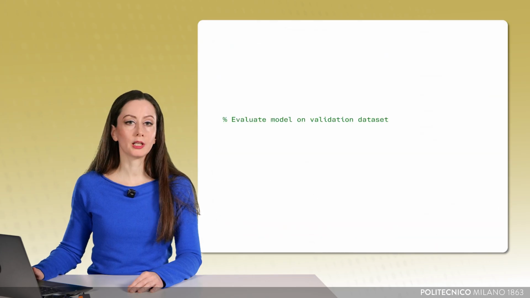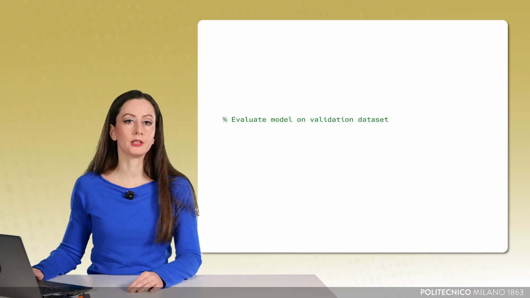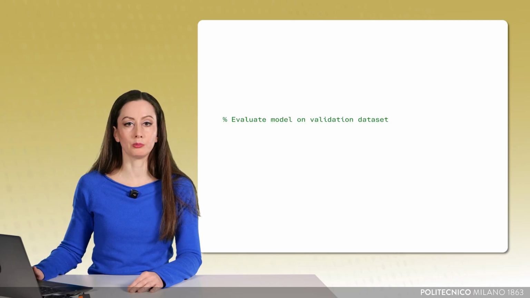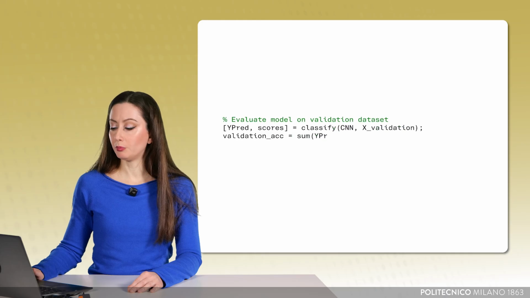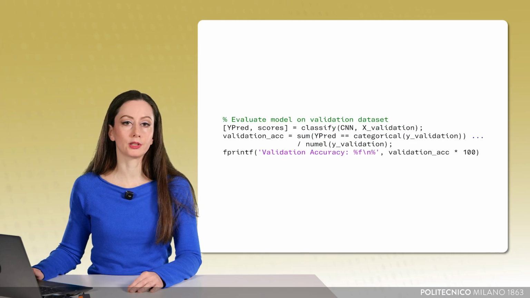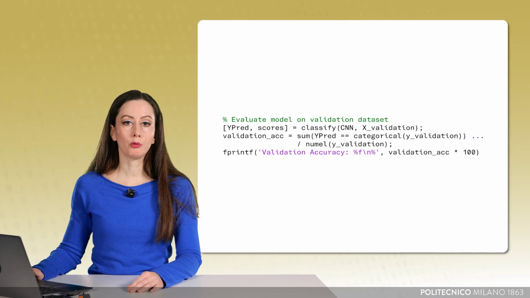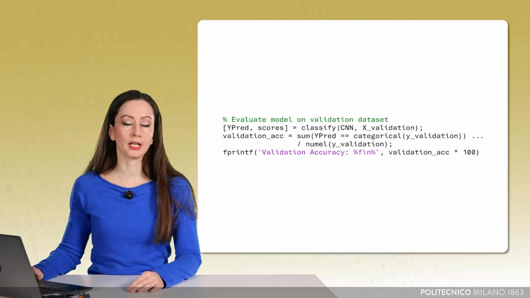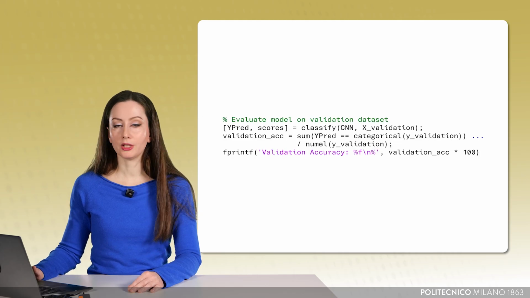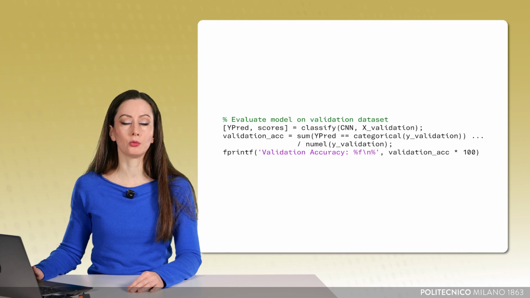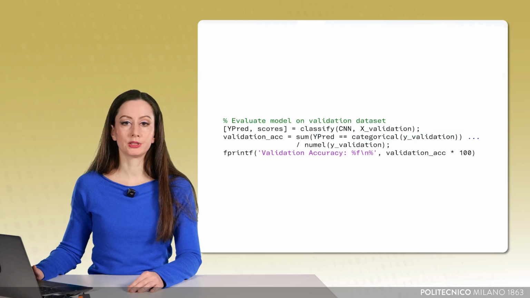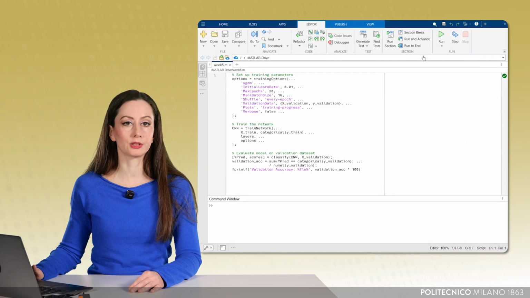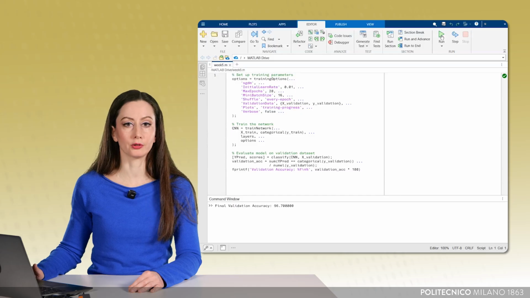We could also compute accuracy by using the function classify and giving as input the validation images. The predicted categories are stored into the array YPred, and then we check how many times the classification is correct by comparing YPred to the actual labels in YValidation, getting 1 if they match and 0 if they don't. The sum function then counts the number of matches, which is then divided by the number of validation samples counted by the numel function. And as you can see, about 97%.